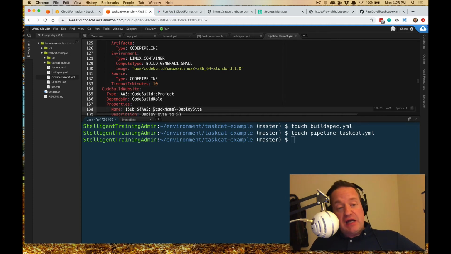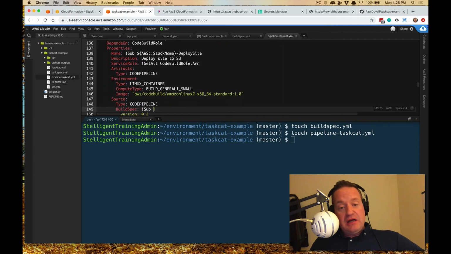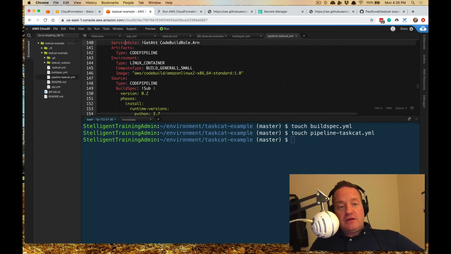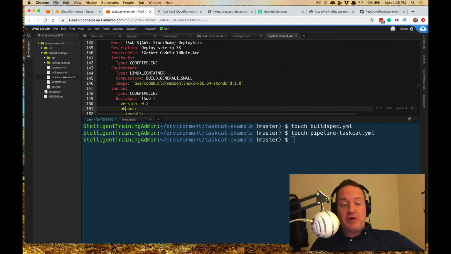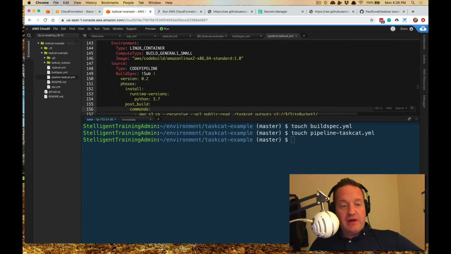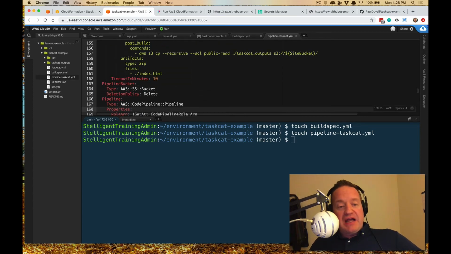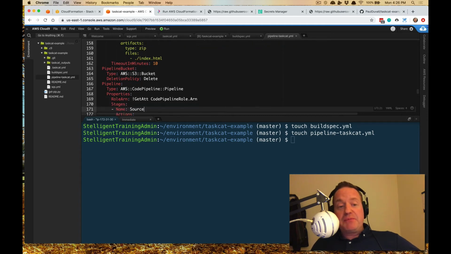And then the other one is, as I'm doing in this other CodeBuild project, in which I'm actually embedding the commands within the build spec property, which is a complex type off of the source property. And so here all I'm doing is I'm getting the task outputs and then copying them up to that S3 bucket that I created previously, and then making it publicly readable, so that you can then just simply look at the TaskCat dashboard. I zip everything up and have an index file,